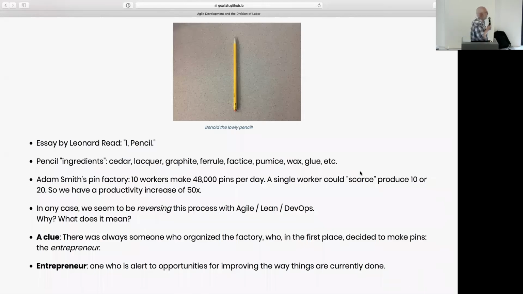What should we think about this? Is there anything, a broader implication we can draw? So I'll put out a clue here at the start. And even in Adam Smith's pin factory, there was still someone who had a holistic view of what was going